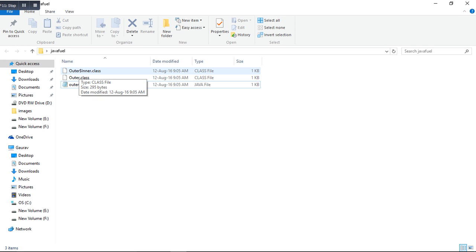is generated: outer class, $, inner class name, .class. So there is a $. In every bytecode, when you see $, you understand that it is an inner class. Okay, I hope you understand how to create an outer class and an inner class, and what the bytecode of that class will be when we compile them. Thank you friends.